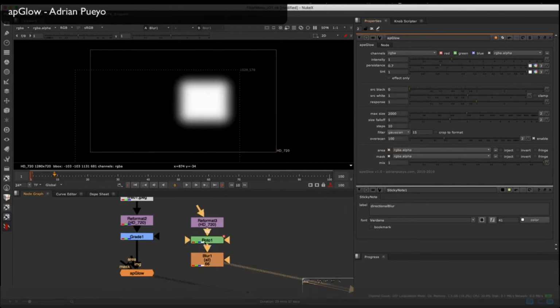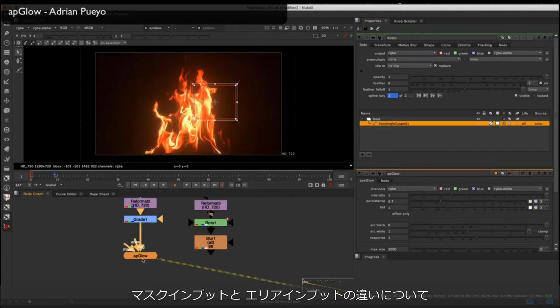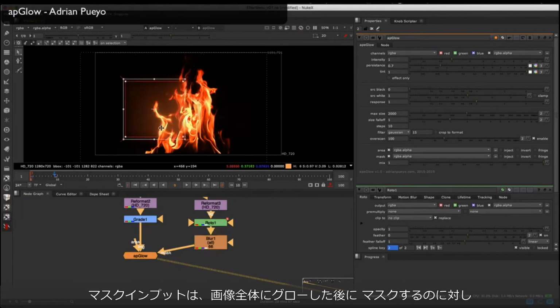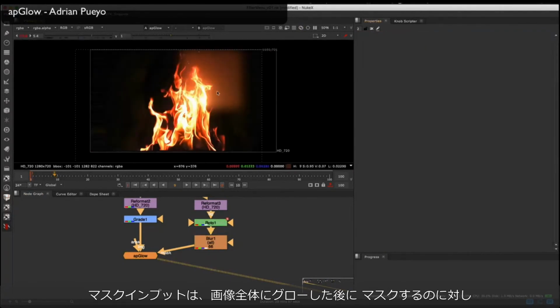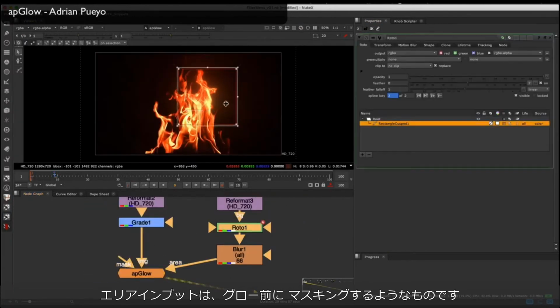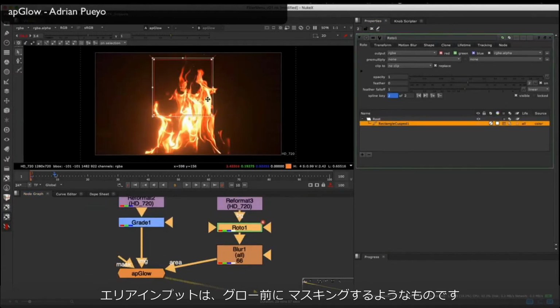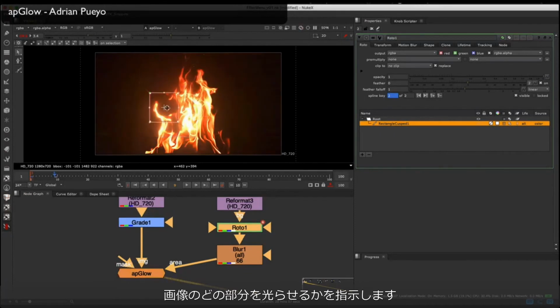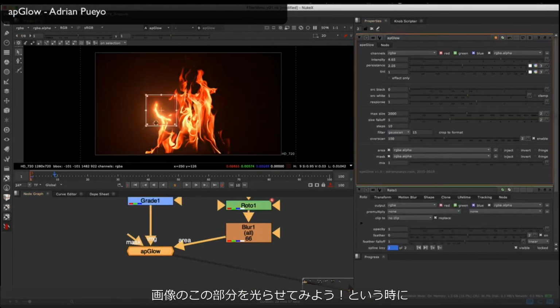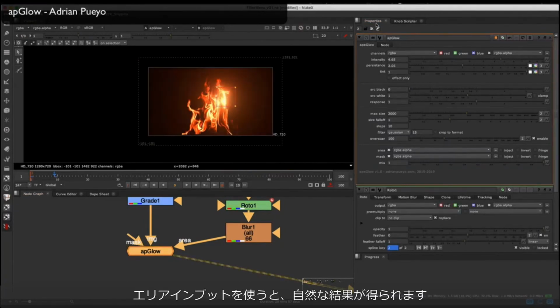used in the effect. And I want to go over the difference between the mask input and the area input. The mask input is telling the glow where to be visible after the glow has already been done on the whole image, whereas the area input is sort of masking before the glow has started, so it's telling it what area of the image should glow. So the area input has much more natural results that you would expect if you said, okay, glow this part